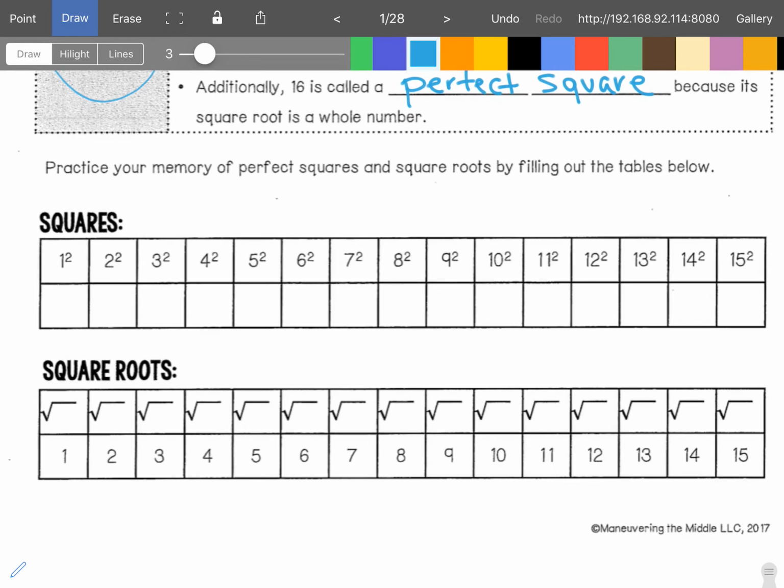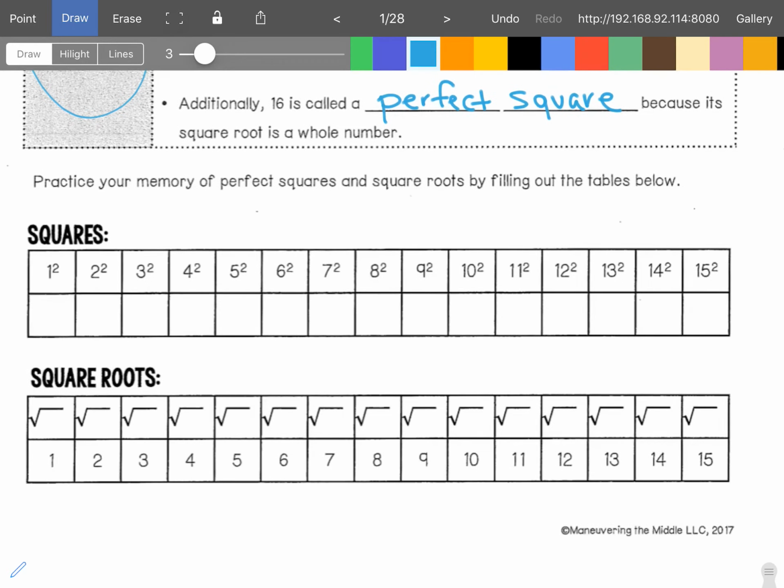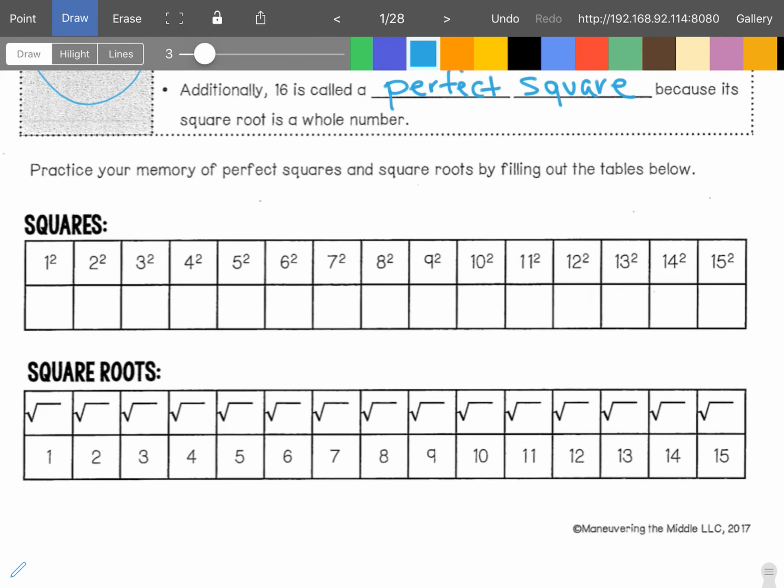All right, let's practice our memory of perfect squares and square roots by filling in this table below. All right, so starting with the squareds, 1 squared, 1 times 1 would be 1. 2 squared, 2 times 2 is 4. 3 squared, 3 times 3 is 9. 4 squared, 4 times 4 is 16. 5 squared, 5 times 5 is 25. 6 squared, 6 times 6 is